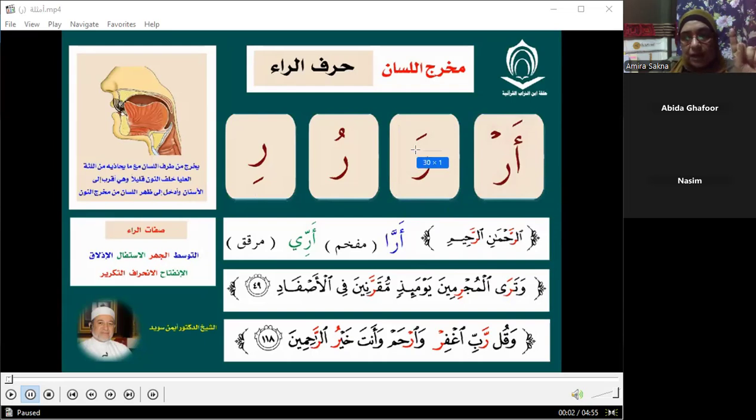Number one, we have to pronounce the letter from its articulation point. And number two, I will leave the articulation point of the letter, and I will move to the articulation point of the short vowel. Never, ever pronounce the short vowel while